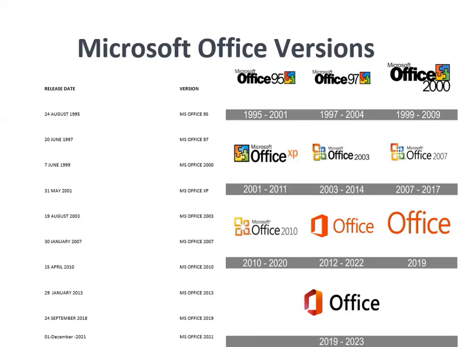Then Microsoft introduced another version, Microsoft Office 2000 in 2000, and then with Windows XP, Microsoft introduced Office 2003. Then there was Microsoft Office 2007, Microsoft Office 2010, Microsoft Office 2013, Microsoft Office 2016, Microsoft Office 2019,